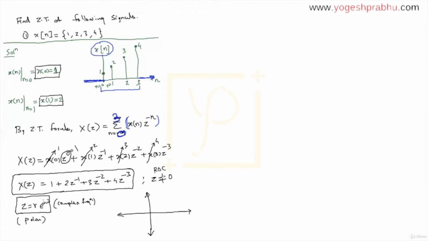In the polar form, this will be in the form of circles. So I will say that z is not equal to 0. z equal to 0 is going to be this area, right? This is the origin, a little exaggerated, but this is the z equal to 0 area, and except z equal to 0, the entire z plane, or 2D plane, is going to be your ROC, or region of convergence. Now, there is just one point that I want you to note: this is the point where your x of z is not defined. And I hope you can understand it's not a good thing. So let me highlight that with a sad face there.